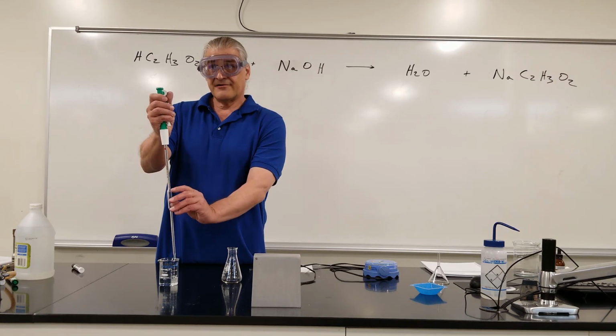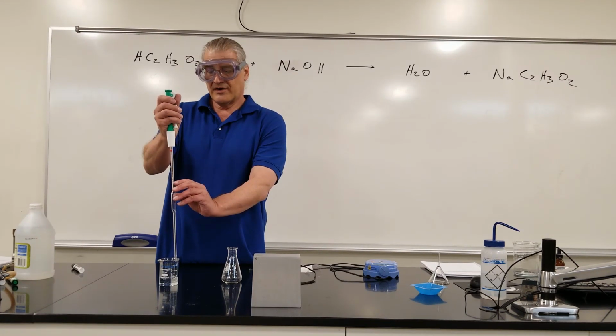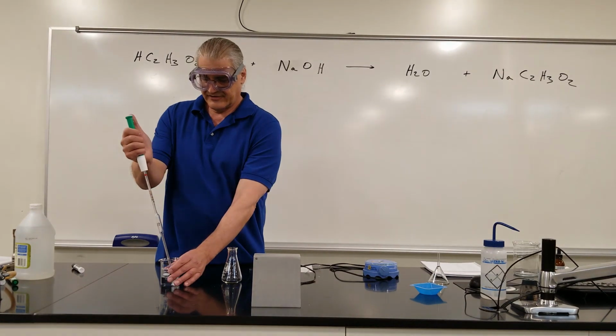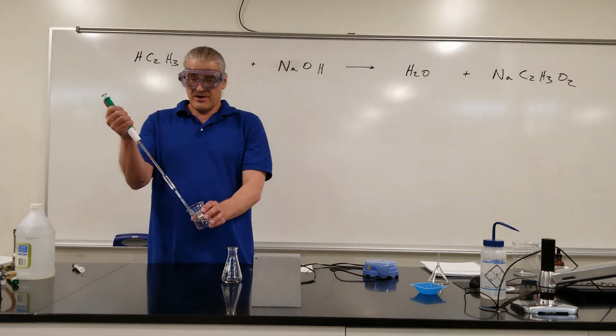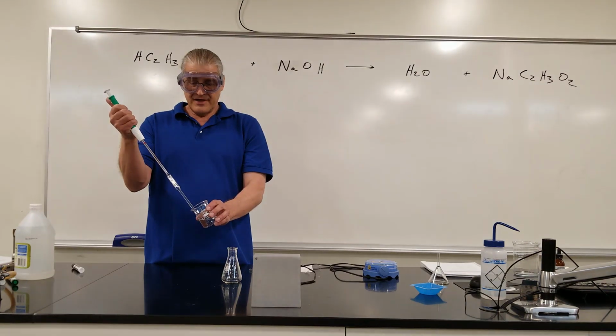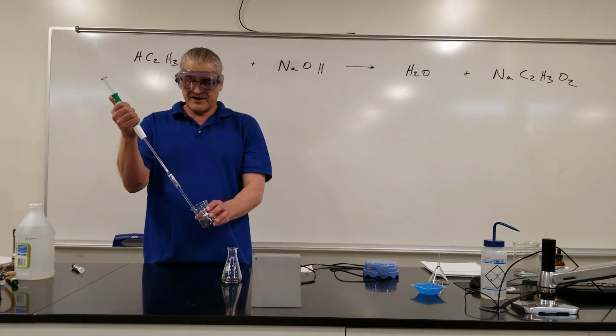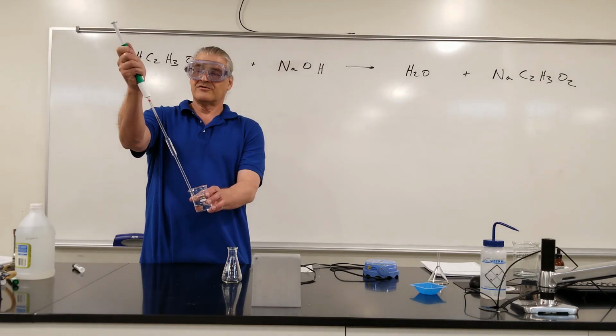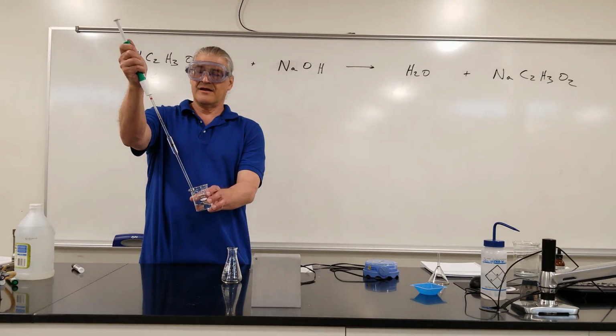They're individually calibrated, so one might have the line here, another one might have the line up here. We use these little pumps to bring the vinegar level just a little bit above the line, and then you want to drain it down to the line. I'll bring it down till it's right on the line,